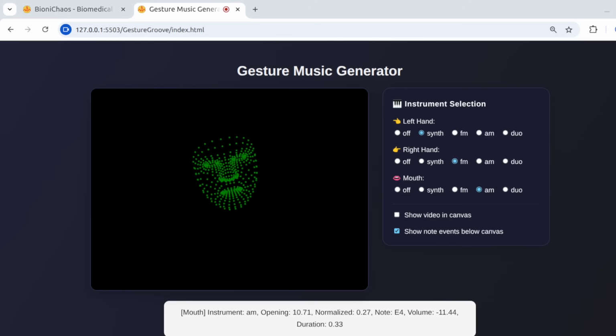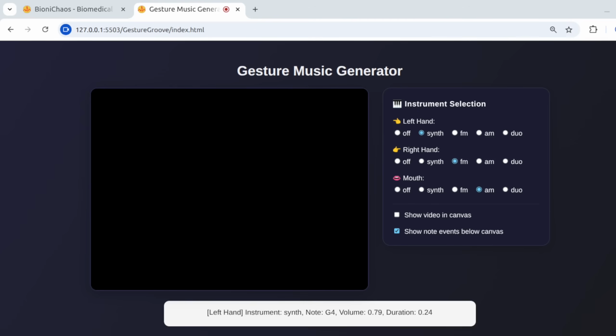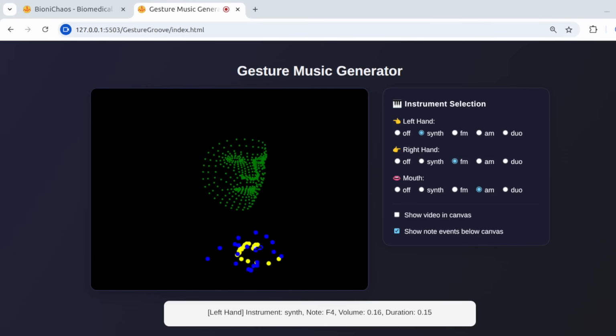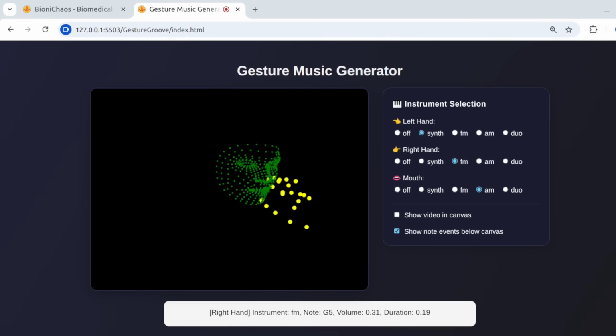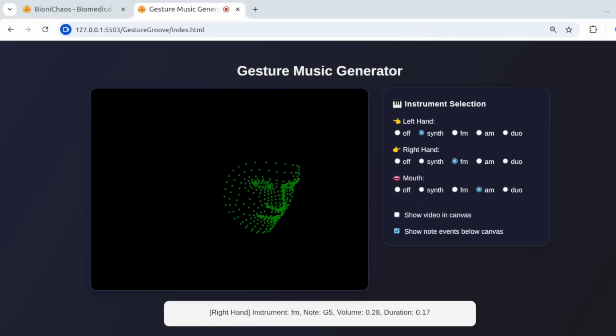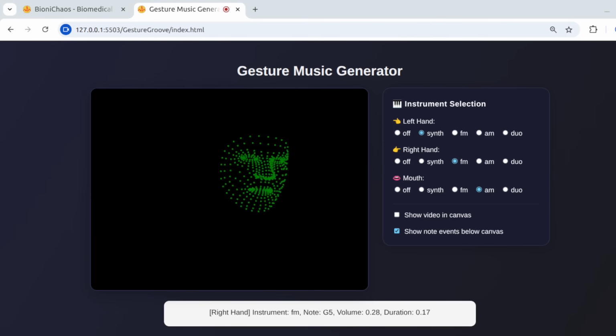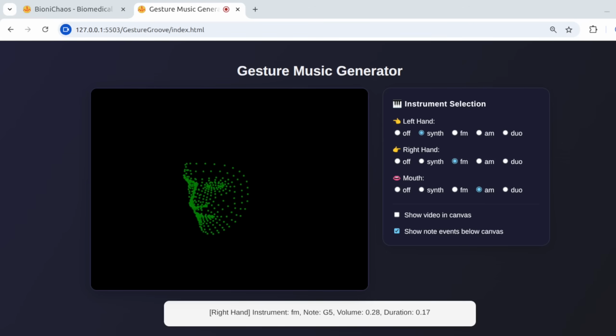Right, let's keep exploring this fascinating gesture music generator. As we continue to look at the screen, it's clear that this system has immense potential. Building on what we talked about regarding improvements, imagine if we could integrate more advanced sound manipulation features. For example, controlling the pitch or volume of the sounds directly with subtle gesture movements could create a really expressive